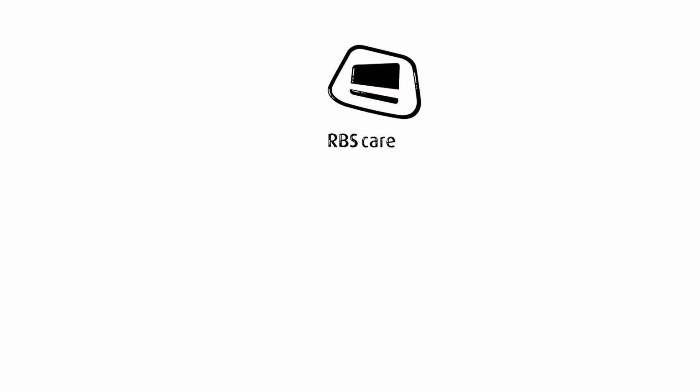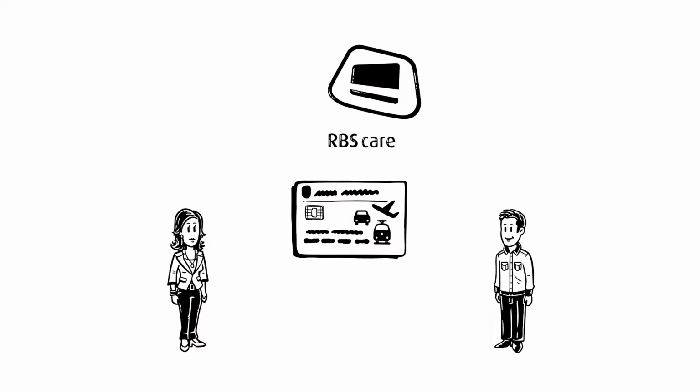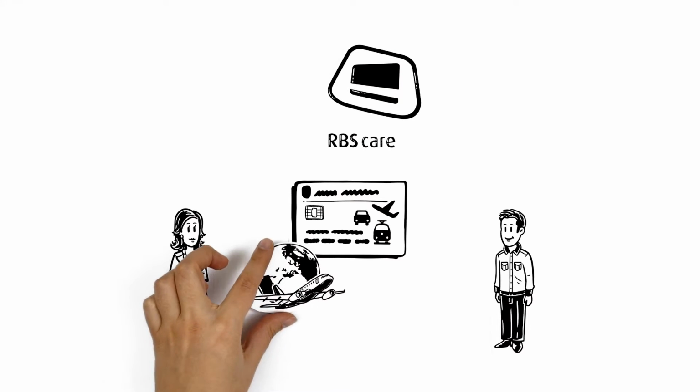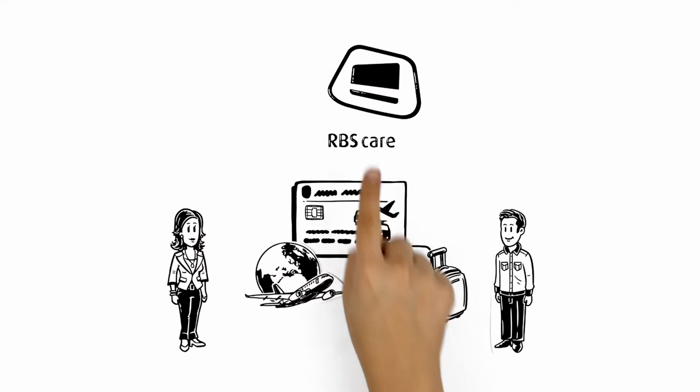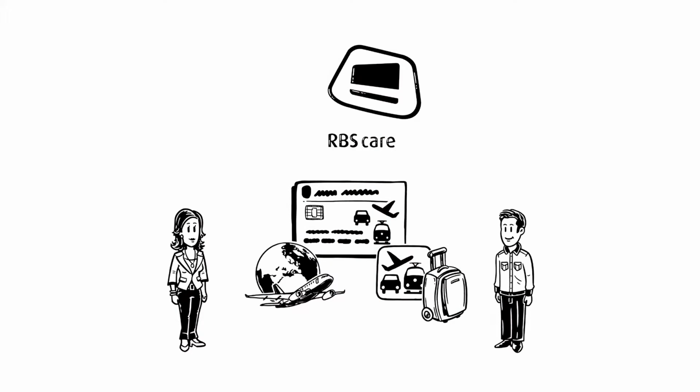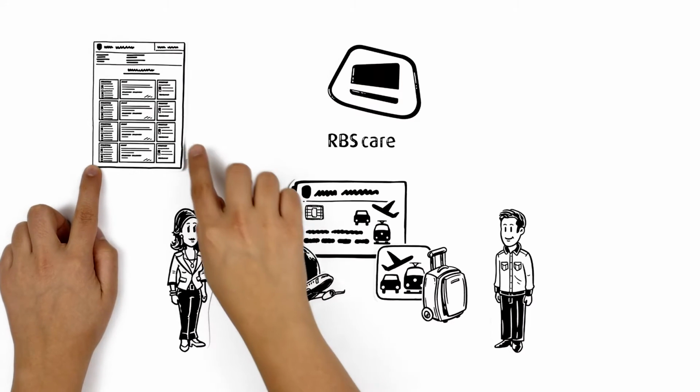RBS Care from travel-BA.Sys. So, Miss Baxter provides Mr. Webster with a business travel card. This is held at the relevant travel agency and all his colleagues' business trips are recorded on it. With the aid of the system, Miss Baxter can now generate a credit card statement with detailed business travel data